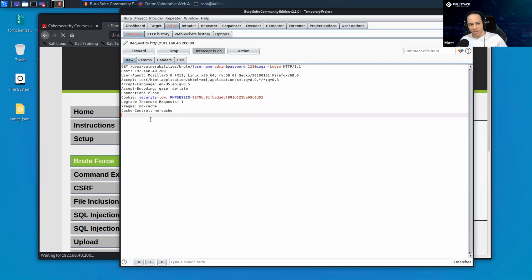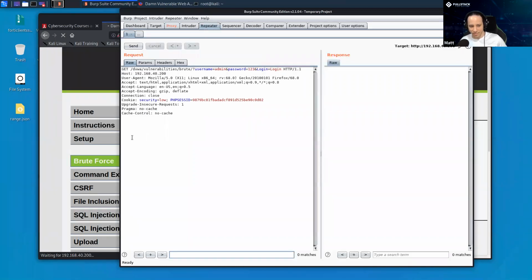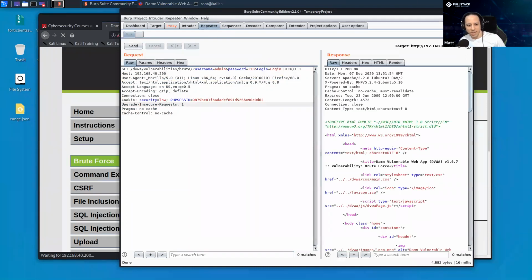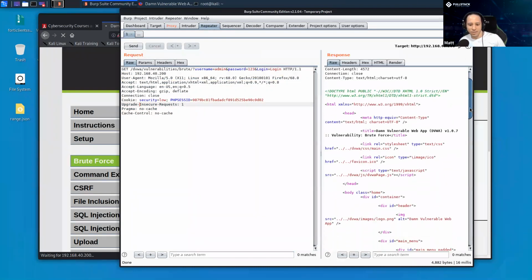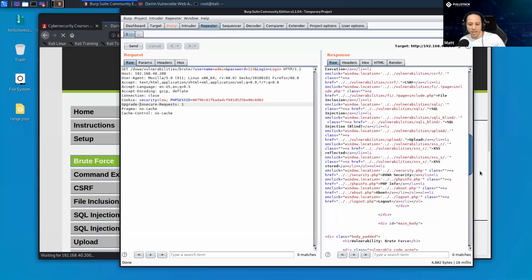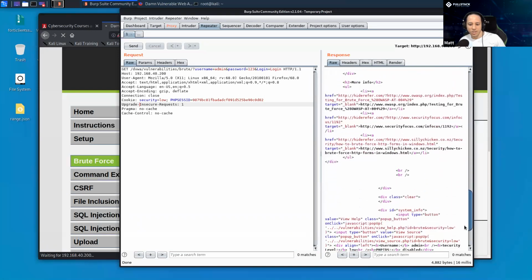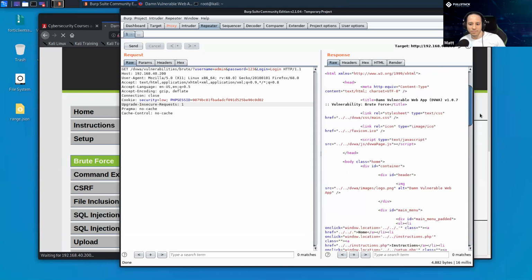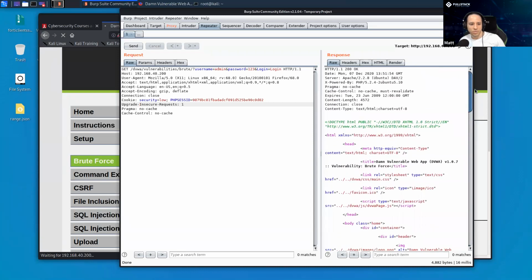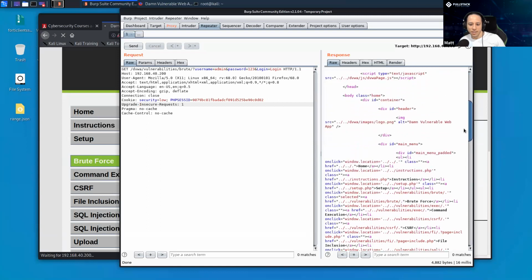And so what I did here is I hit Control R so I could send this to Repeater. It's the same thing, it's just that now I can keep hitting send and it keeps repeating this request. So if I hit send with this information in that request, what I expect is that at some part on the page, it says that you put in the username or password wrong. Where is that?